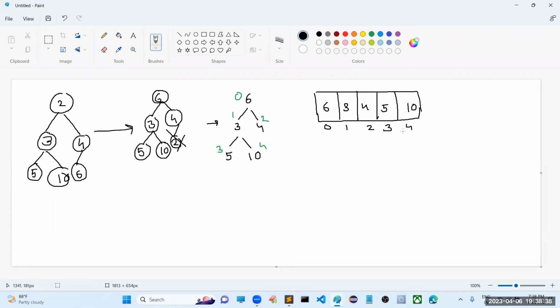We have to do this heapifying. Sir, how to do that? First phase I am explaining, listen carefully. So in the first,